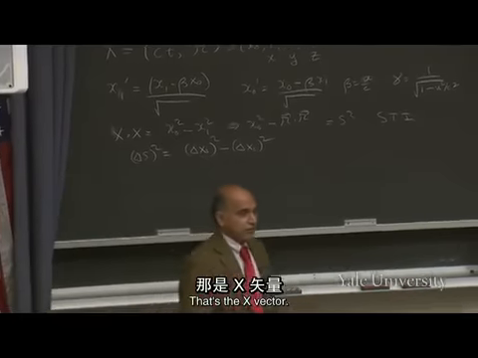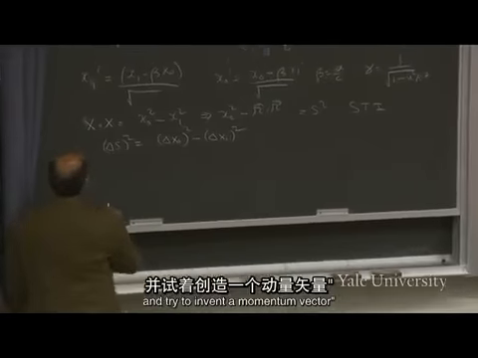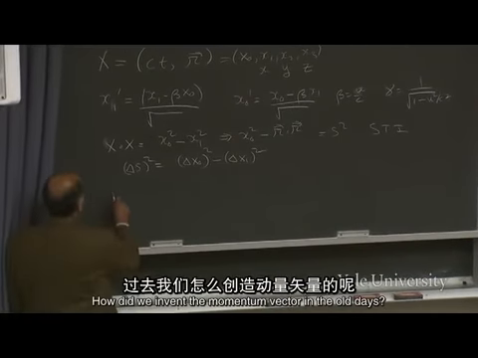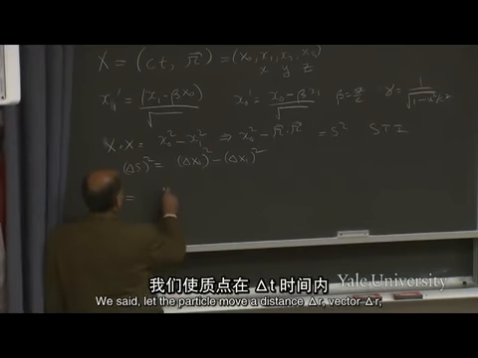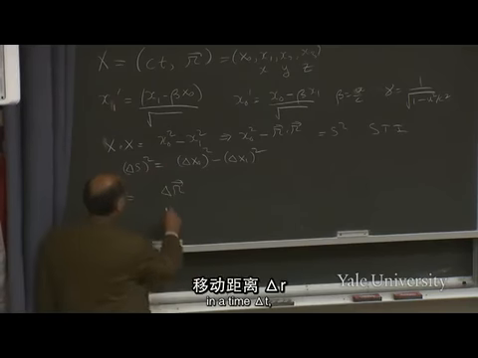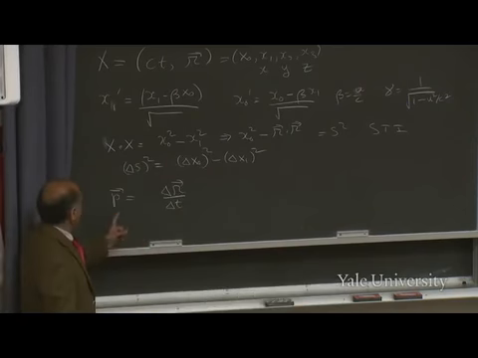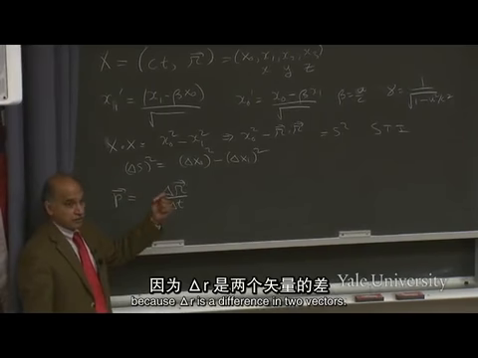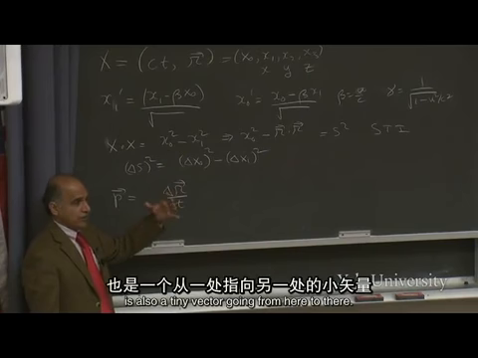That's the x vector. Then I said, let's try to reason by analogy and try to invent a momentum vector. How did we invent the momentum vector in the old days? We said, let the particle move a distance delta r, a vector delta r, in a time delta t, and I divide by delta t, and take some limit. But I know this is a vector because delta r is the difference in two vectors. That the particle is now and where it is later,